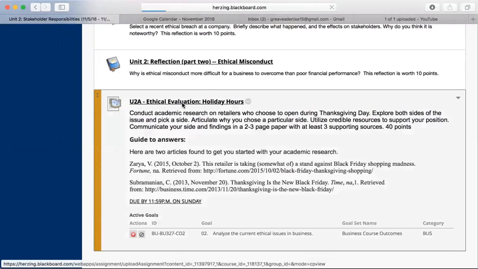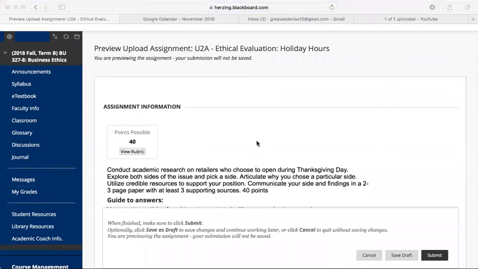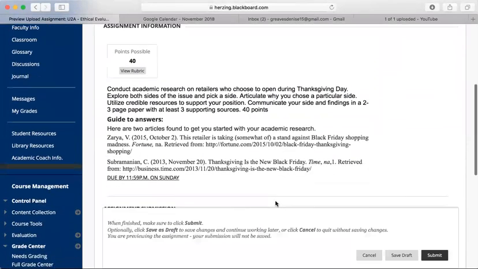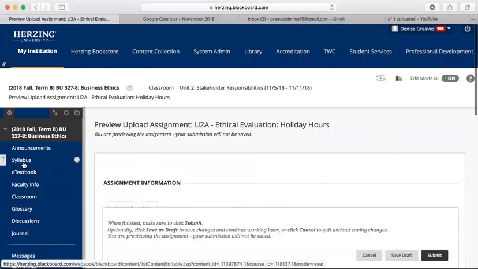As I would have said, the grading rubric is here. If you view the grading rubric, it will tell you exactly what you're being graded on, and then you're able to break it down to make sure you're adequately addressing the question asked. This assignment is worth 40 points. If you have any questions about any of the assignments due this week, feel free to give me a call.